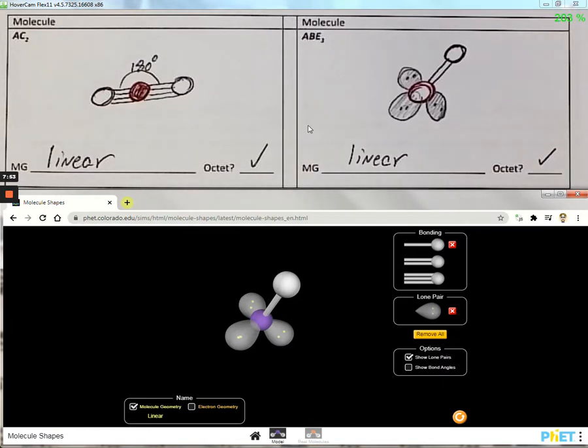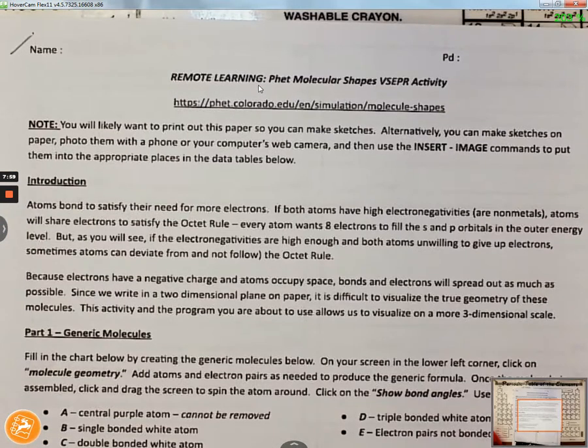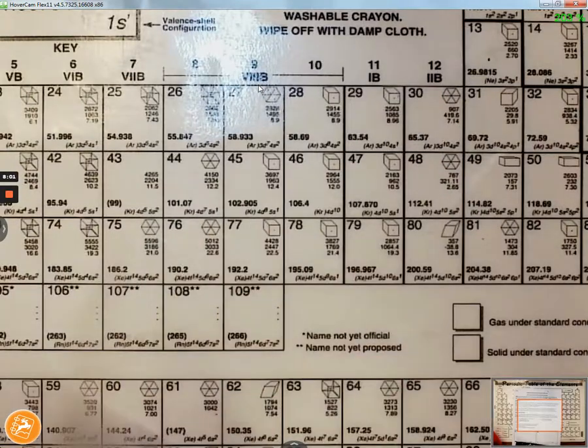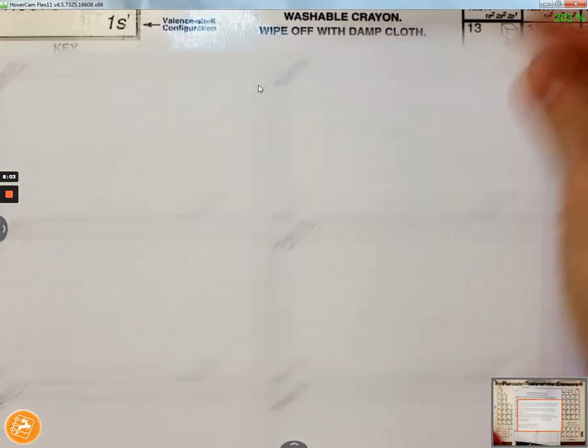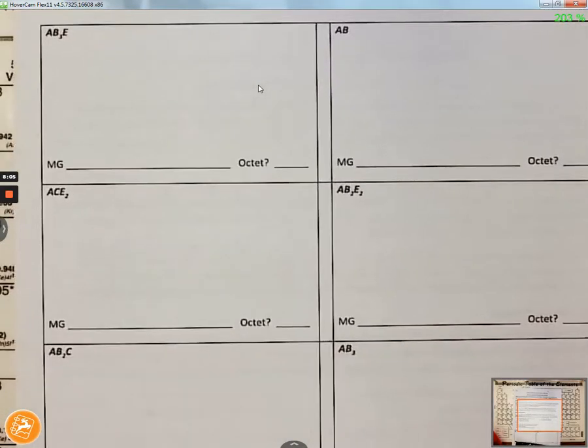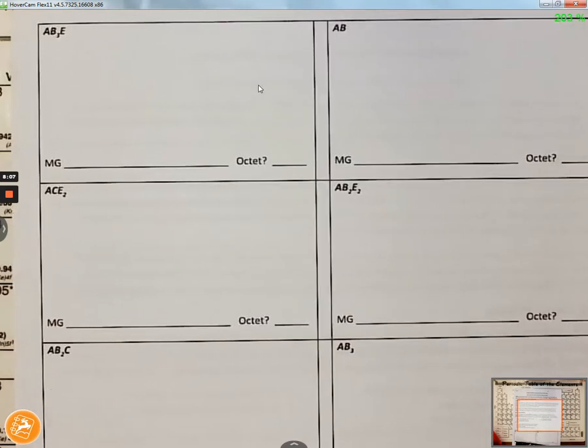Let's take a look at some of the other pages. Let me do a little bit of skipping ahead and see if I can spot any trouble spots for you before we get there. Page 2 looks like it's just going to have you doing more of the same. Oh,